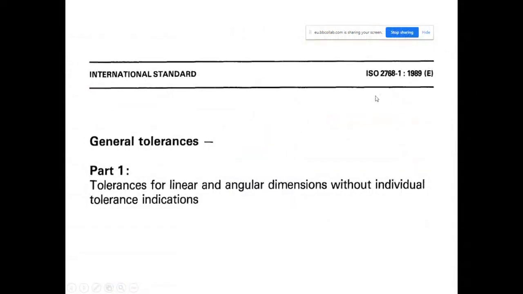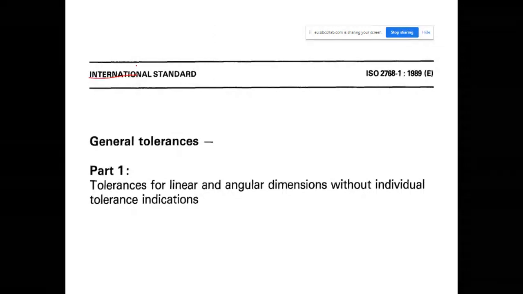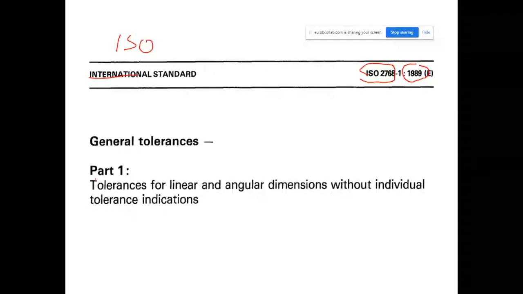Refer to the table. Those are provided by the Standardization Association, the international standard ISO. The publication code is 2768. Actually, at the title block, the written code is this number. Publication date is 1989. Well, this part is about the upper and lower deviations and corresponding limits for non-functional dimensions.